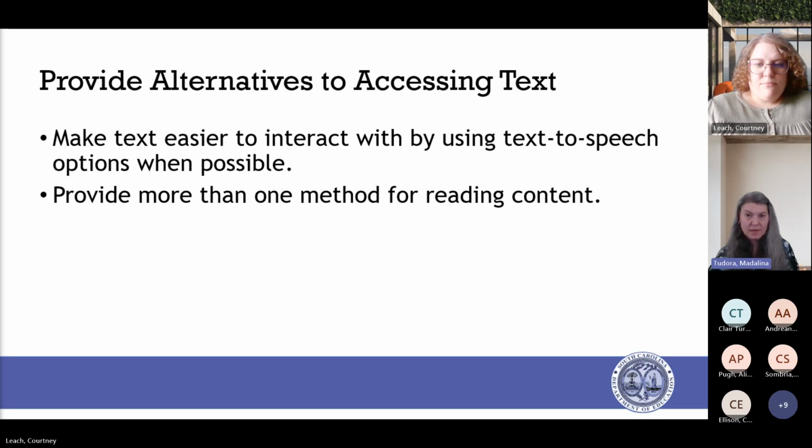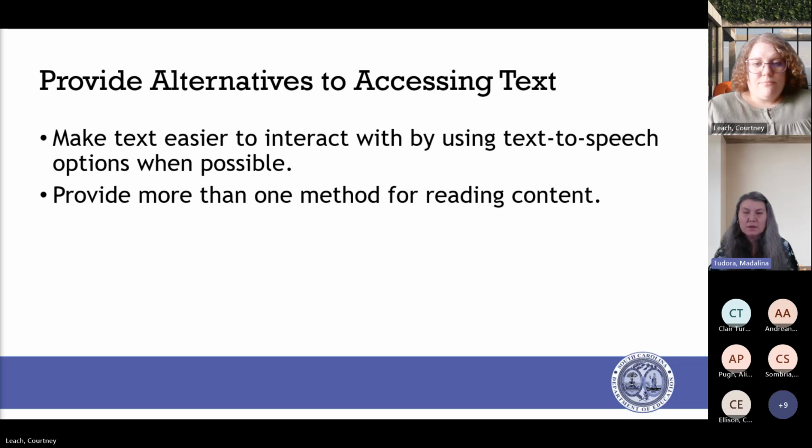Typically, every classroom has a one-to-one device of some sort. And I do have to say, every platform typically offers an option for a built-in screen reader, for text-to-speech, for Zoom text. We'll cover more of that in a little bit.